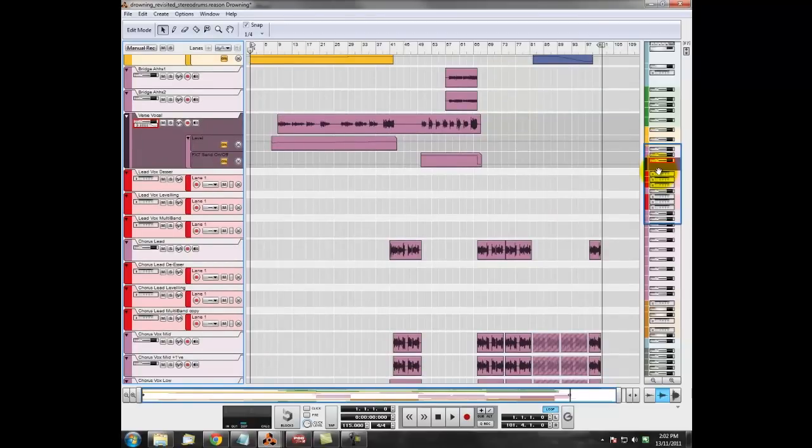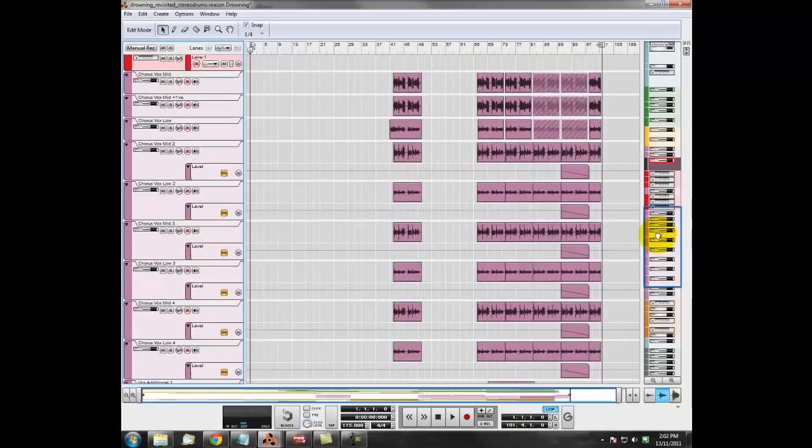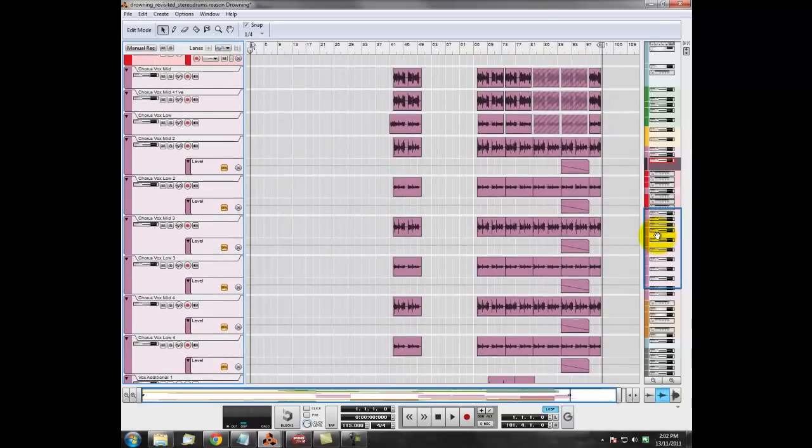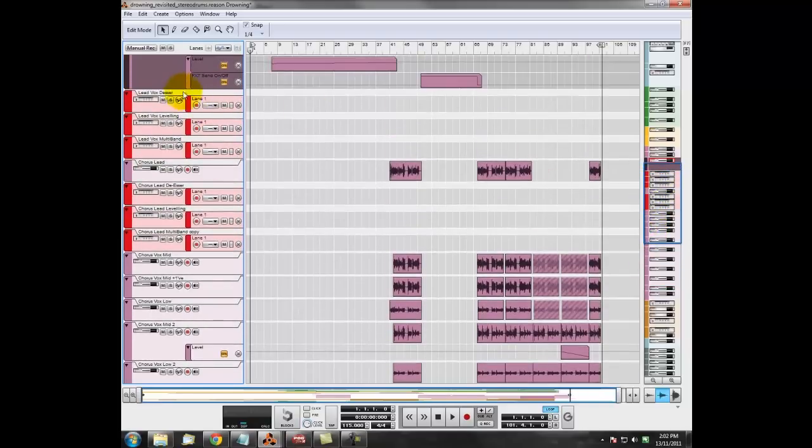When I originally started recording this song, I had only accounted for 3 or 4 vocal parts, and as I was going through and doing the mix, I really wanted to fill it out, so I ended up adding a lot of background vocals to the song. Now, that in itself's not a bad thing, but I wasn't planning ahead for it. And I wasn't planning ahead for the sort of effects that I was going to use on the track, such as the de-esser and the leveling and the multiband. So what I ended up doing was creating an absolute